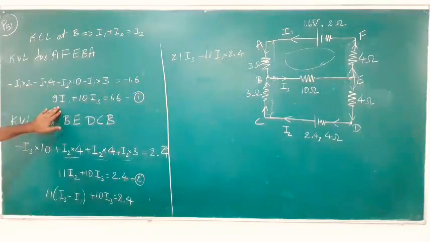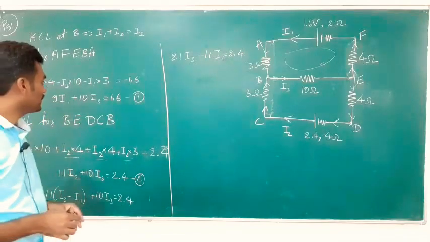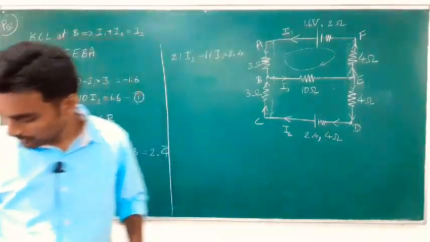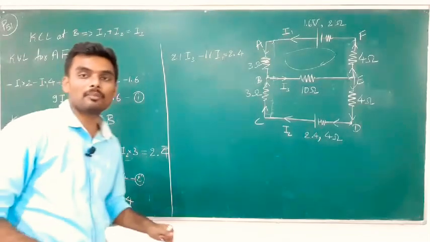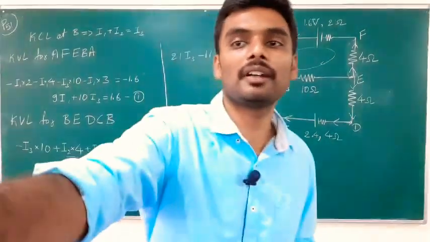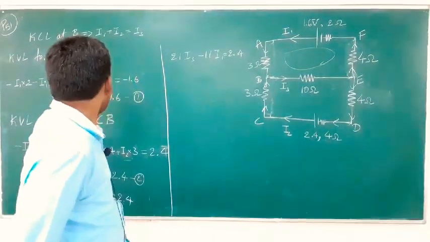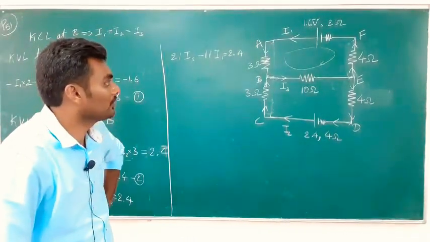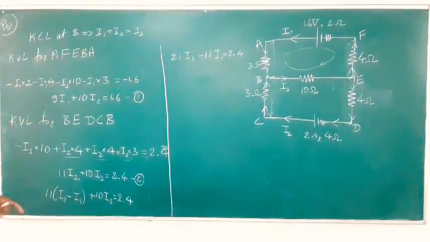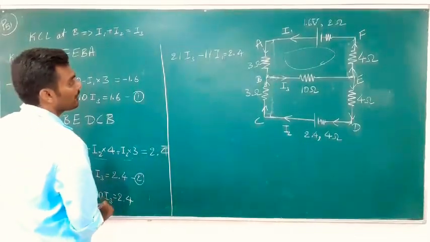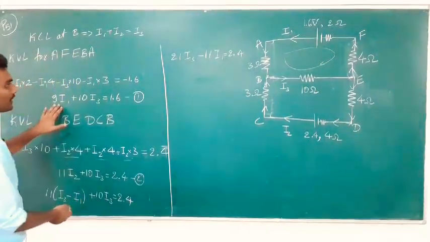Now here I have 9 I1 plus 10 I3 is equal to 1.6. Yeah, the equation is complex now. Simple solutions of simultaneous equations will not help us with this. It will become complicated. Even though the method is complicated, let's go with that, because not sure whether you have learned Cramer's rule or not. We shall apply Cramer's rule next problem. For now, okay. See, now I need to eliminate I1, right?